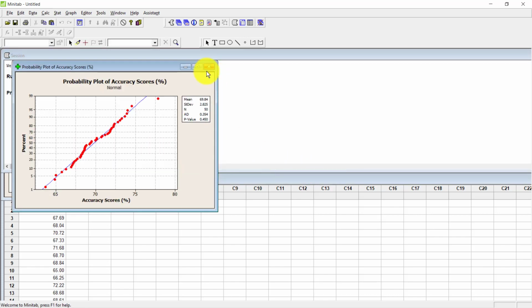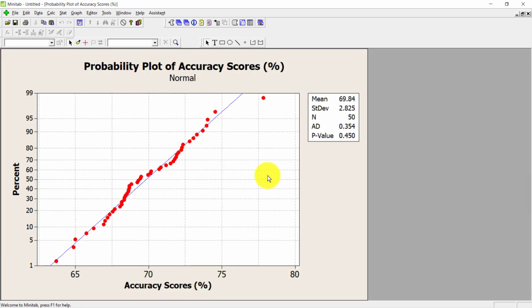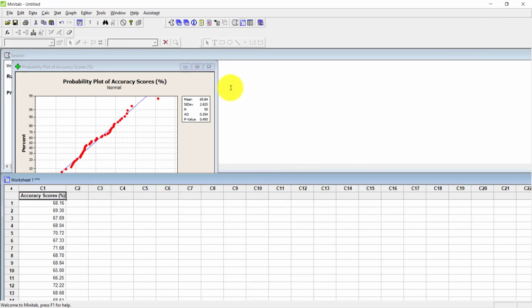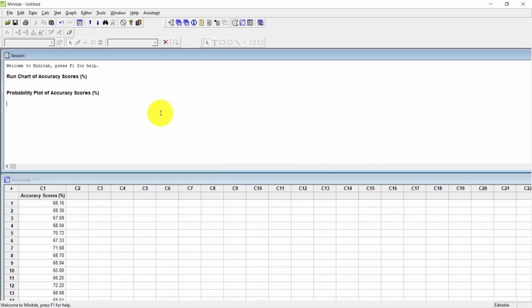Click OK. Now let's look at the p-value for the normality test. The p-value is greater than 0.05. This indicates that the data is normal. So this proves that the data is both stable and normal.